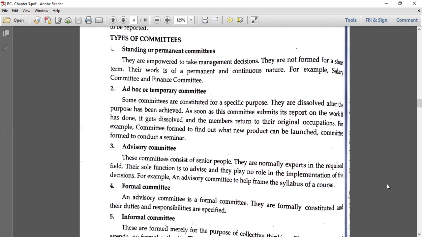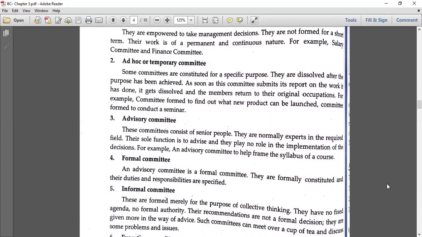Then ad hoc or temporary committee. Some committees are constituted for a specific purpose. They are dissolved after the purpose has been achieved. As soon as this committee submits its report on the work it has done, it gets dissolved and the members return to their original occupations. For example, a committee formed to find out what new product can be launched, or a committee formed to conduct a seminar. So that kind of committee, which is temporary and held for one kind of purpose, is called ad hoc